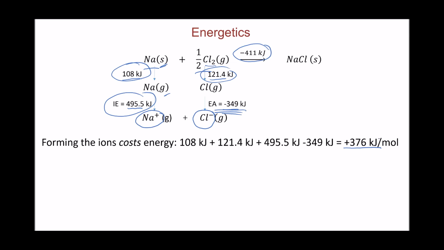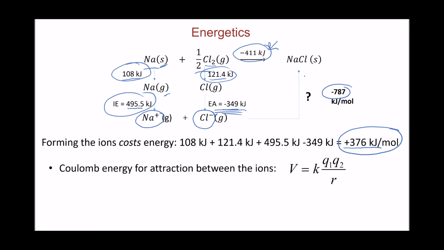It should not happen on its own. It should need you to put energy in so that the reaction takes place. So what's the source of energy that provides the energy required for the reaction to take place and even produce some energy out of the reaction, in a total amount of 787 kilojoules per mole? What's the source of that huge amount of energy? It's actually the attraction force between the ions. The attraction force, as governed by Coulomb's law, is a negative energy change, right? The attraction causes the system to have lower energy,